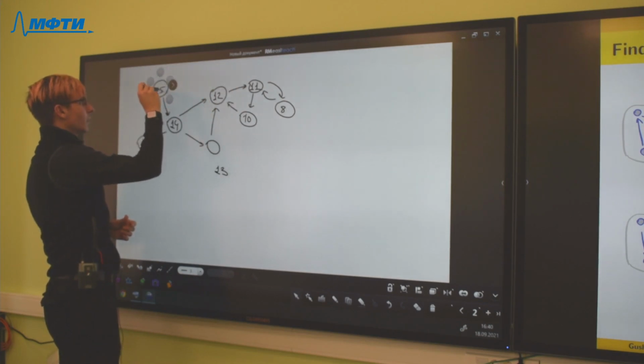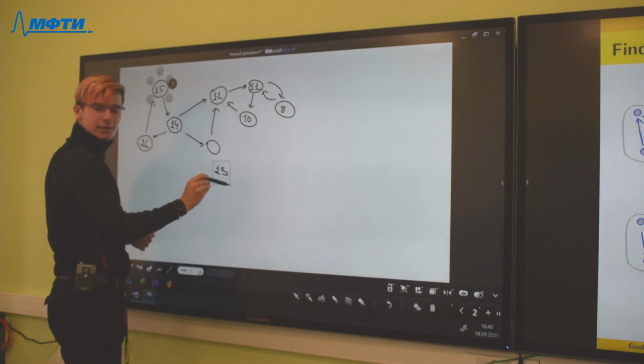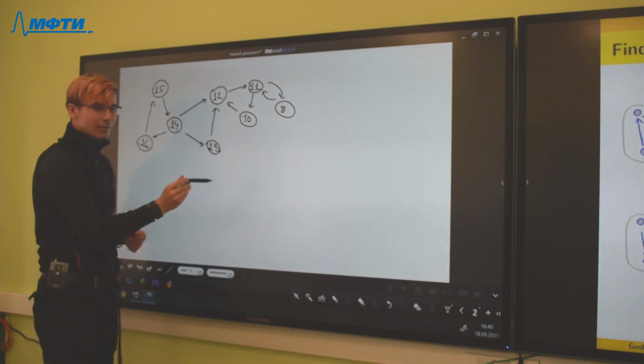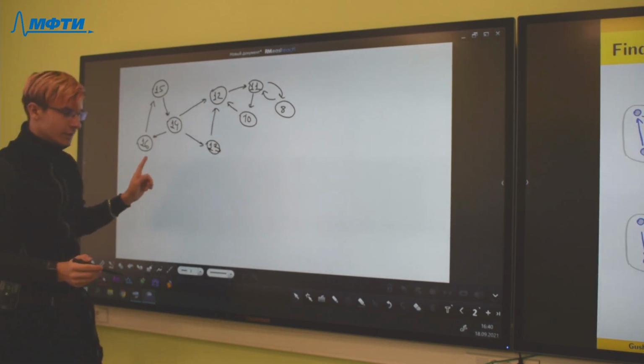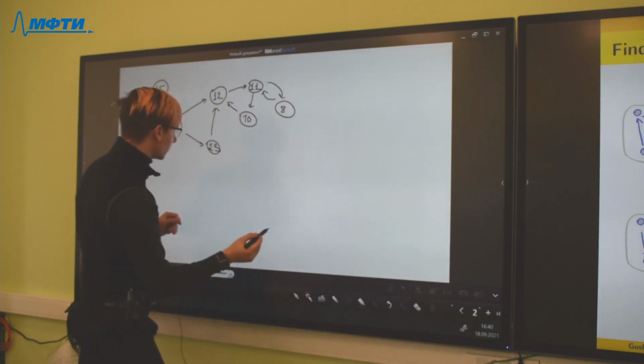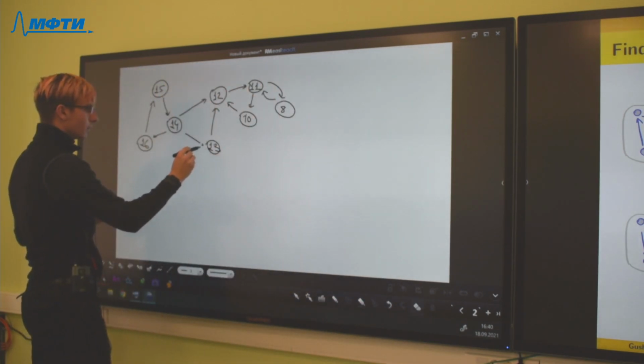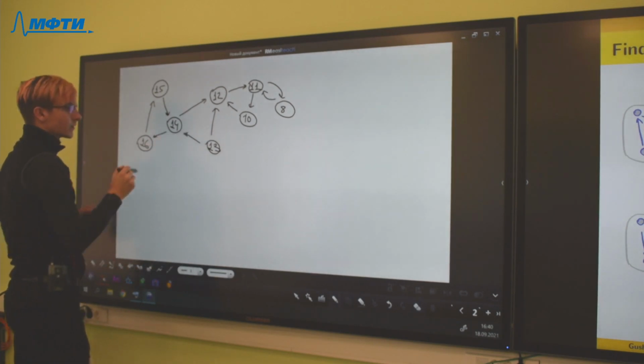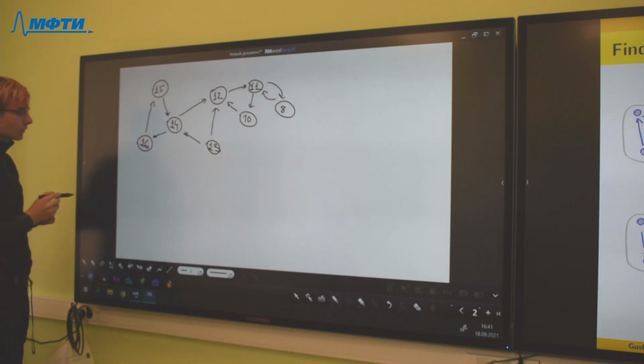Then, what is the second step of the algorithm? We reverse all the edges. So I need to erase the direction and set the other direction for this.